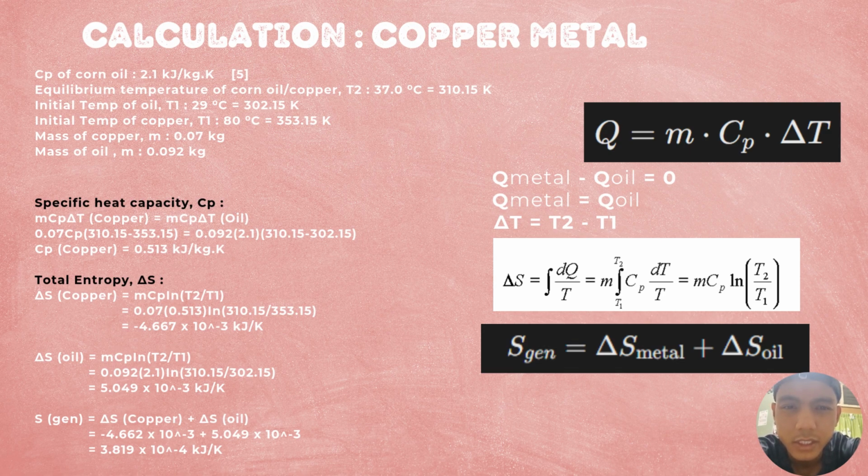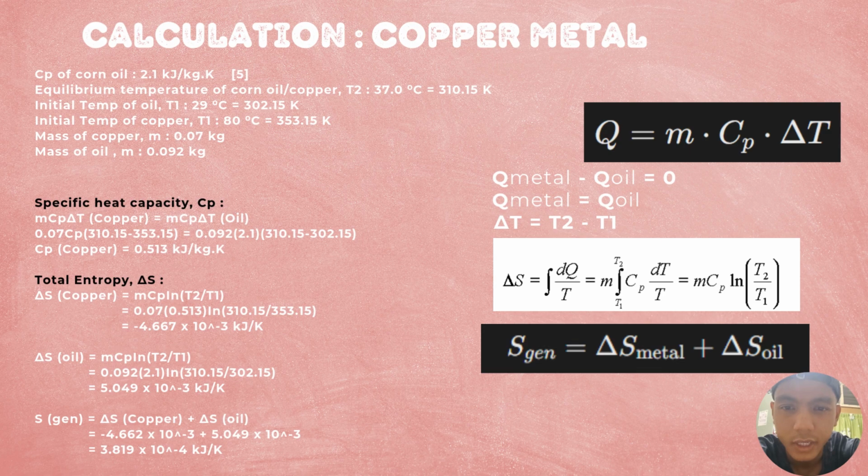We just simply substitute the value into the equation, and then we can solve it, and lastly we can find the Cp for copper is equal to 0.513